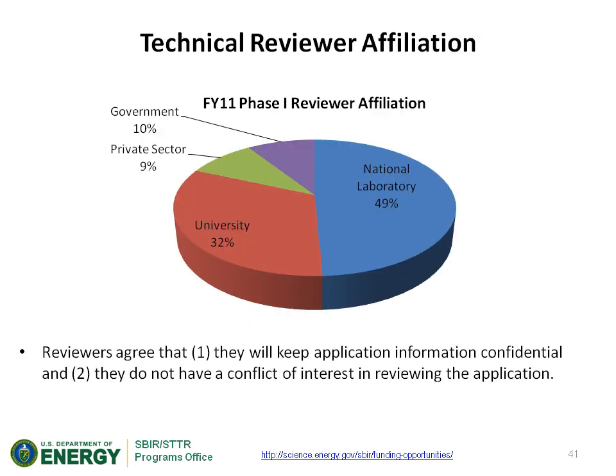In case you're wondering where our reviewers come from, for DOE we have a large fraction of them coming from our national labs, about half, about a third from universities, a few from some other government labs, not DOE labs, and then also from the private sector. And again, reviewers will keep your application information confidential. They do have to indicate and confirm that they don't have a conflict of interest in reviewing your applications. In fact, our program managers will typically select reviewers based on the nature of the research and the type of collaborators involved in making those assignments.